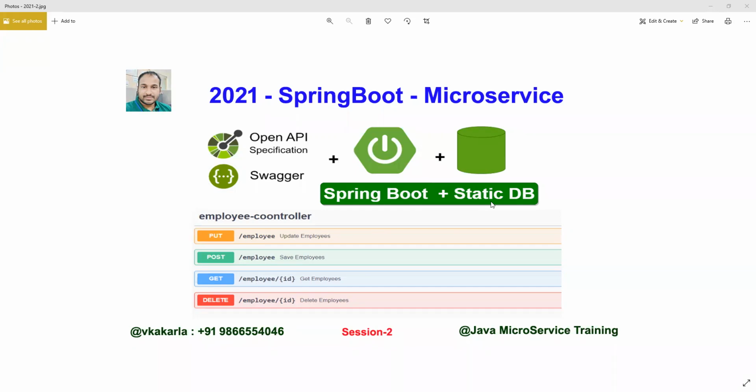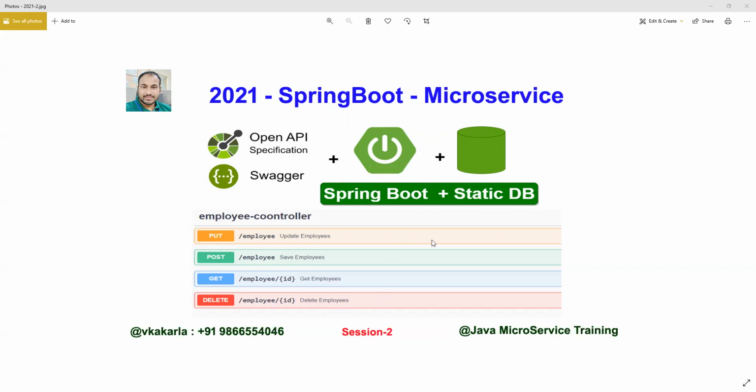We need to see how we can save our data in a static kind of place, a storage area also. So for the static area we can use static blocks, or we can use a map or any kind of thing in our service, sorry, our business logic. So that is what we are going to use, a static block, for this employee CRUD operations, fine.